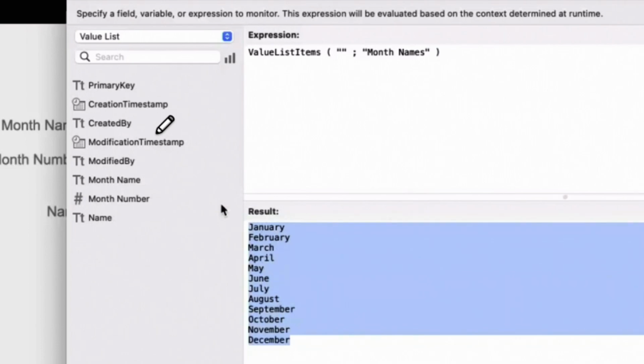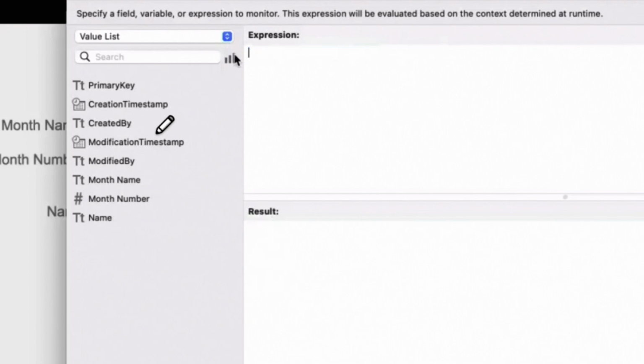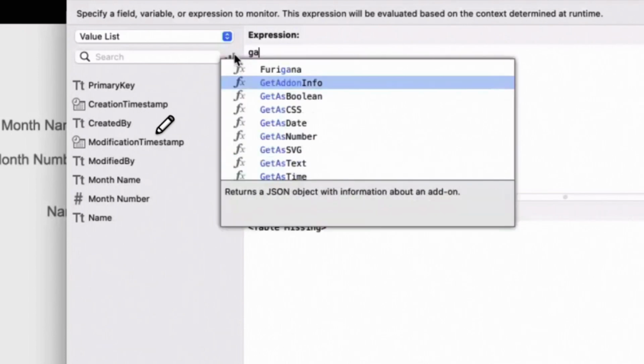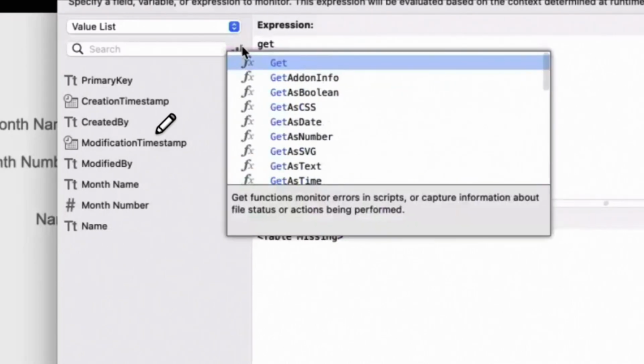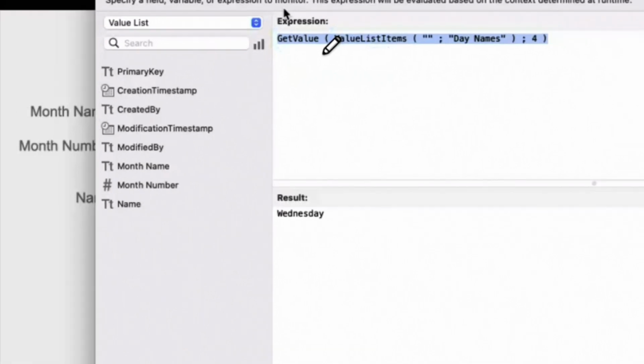Now, you understand, I don't have a question for that, right? But let's say I have the day names, and I want the first day of the week for FileMaker. For FileMaker it's Sunday, right? So I say get value of this, and the value number is 1, 2, 3, 4. Okay. So you get this, right? But now I want the opposite.